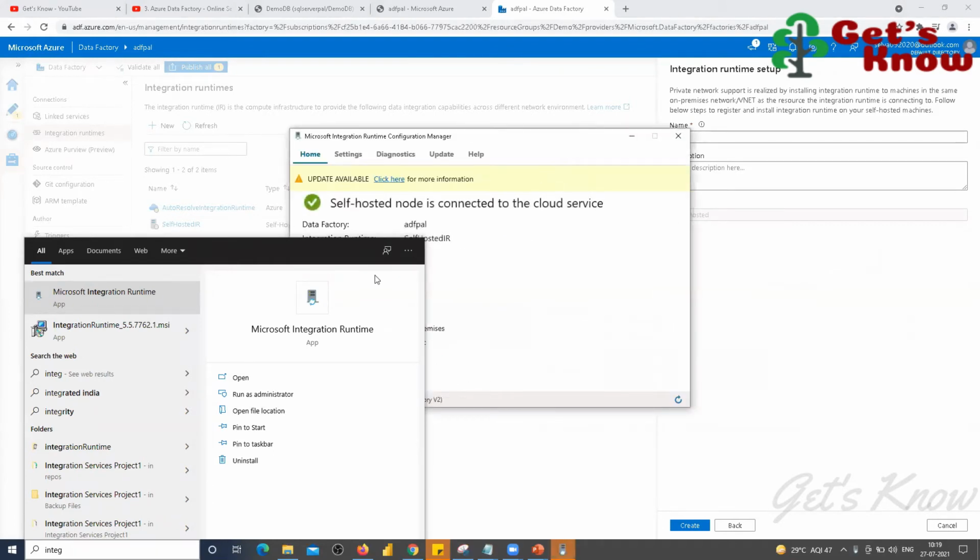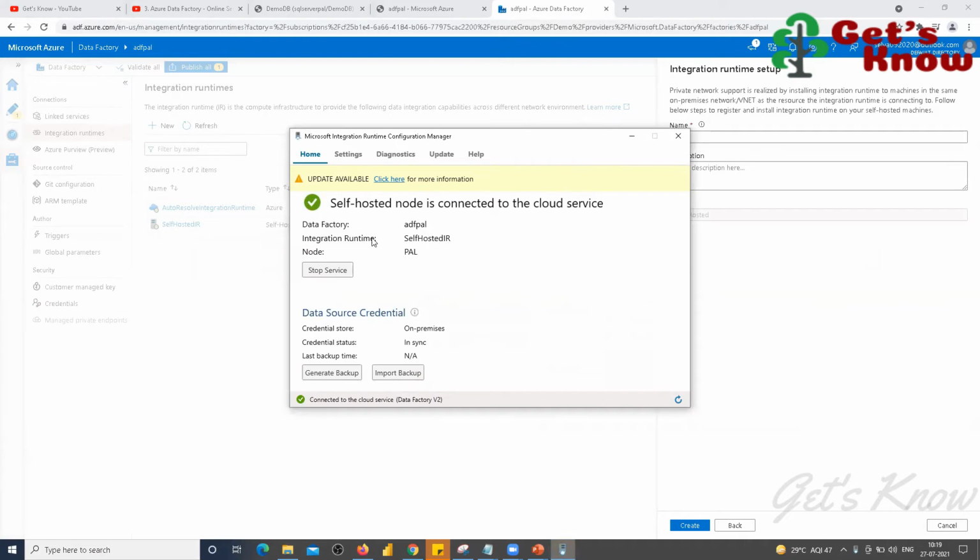See here, the Microsoft Integration Runtime is already connected. If you are creating it the first time, this Microsoft Integration Runtime Configuration Manager will not be available in your local system.